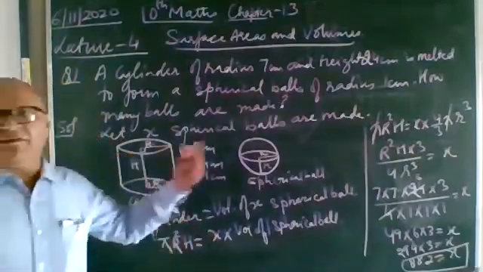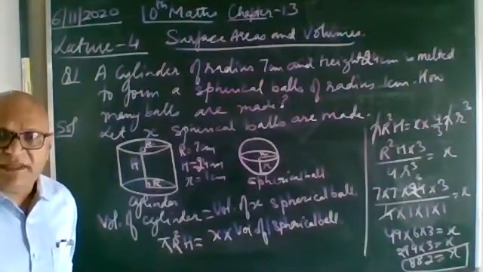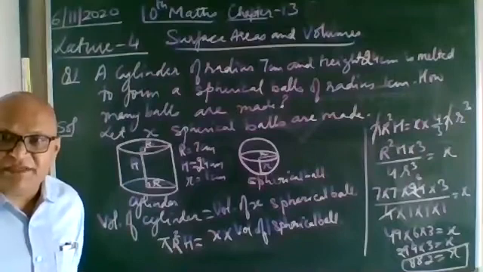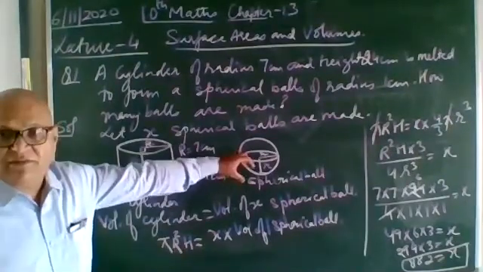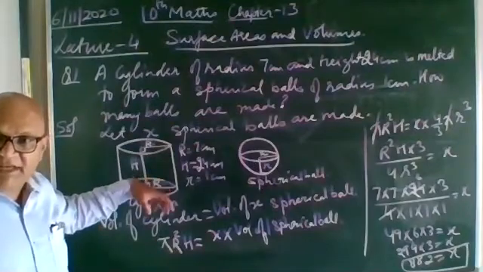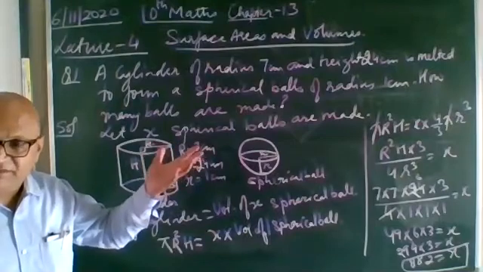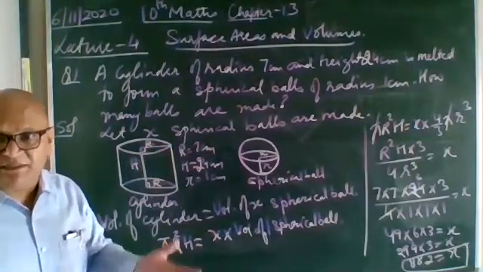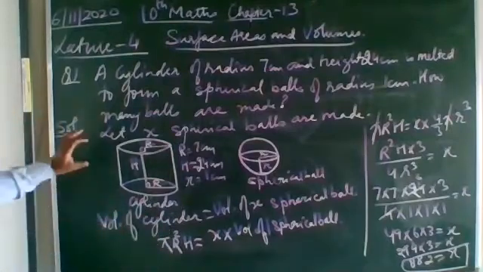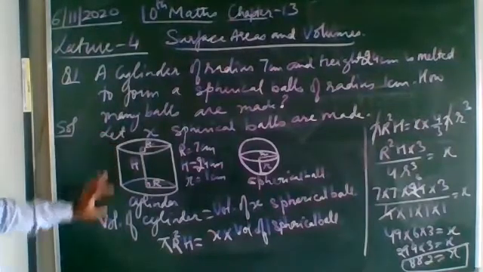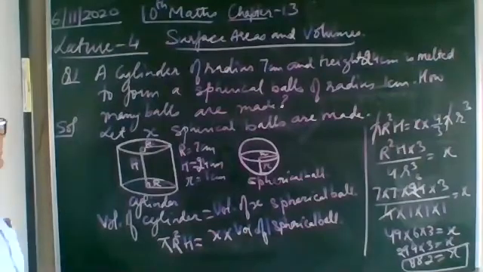Now, variety of questions are there on this topic. That is, combination figures we have studied. Sometimes the same question can be asked, how many balls will be dropped in the cylindrical vessel so that water level rises by 7 centimeter. So rise in level is this much. So volume of x spherical balls equal to volume of water displaced. So this question we are going to do. Second question, what?